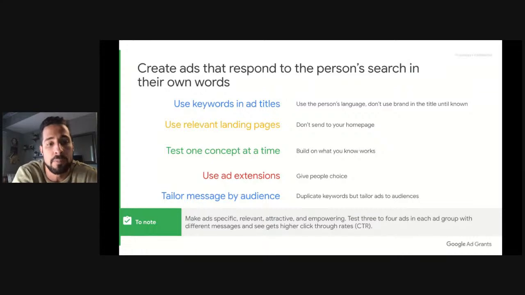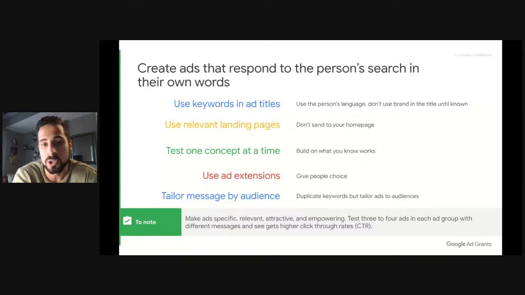So let's talk a little bit about how you create effective ads, because space is limited and there's a lot that we can go deeper on here. One of the biggest mistakes that we see people doing is putting the brand name in the headline of an ad. Unless it's extremely strong, you want to focus the main part of your ad on responding to what people's search intents are. So instead of trying to communicate everything about your organization in an ad, you want to make sure that when you're running that ad, it's relevant to the call to action that you are asking